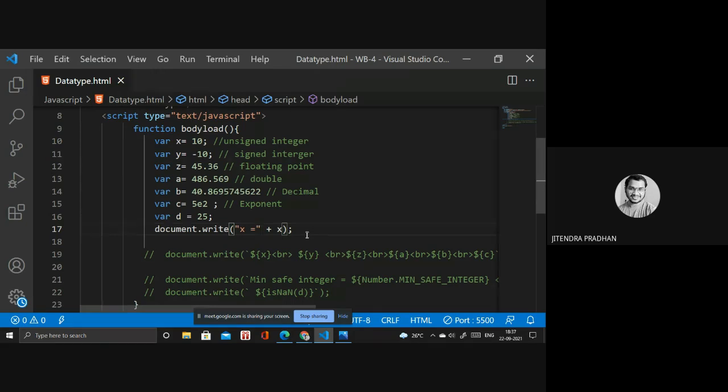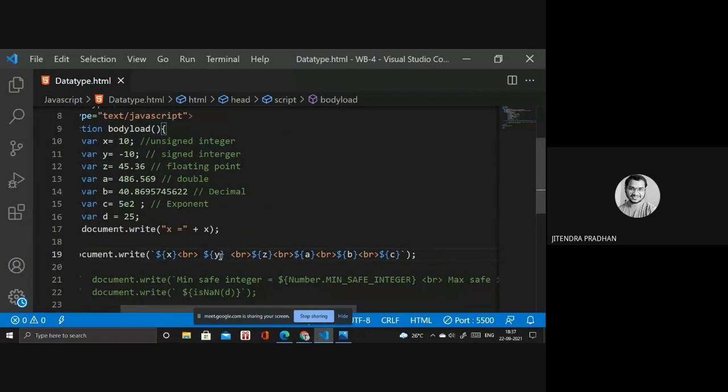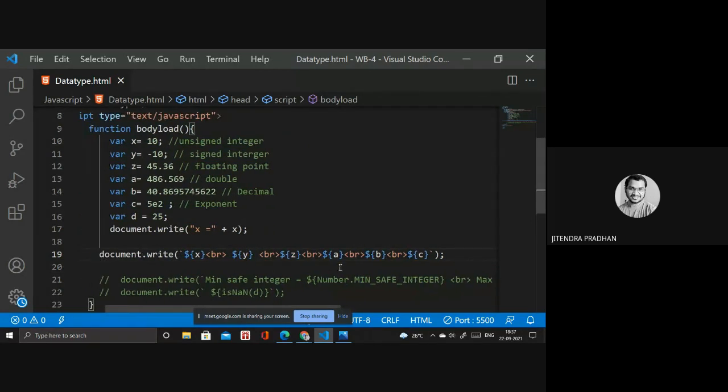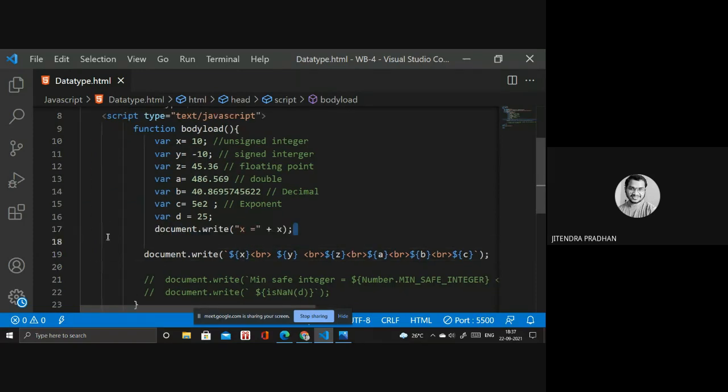Next we have to discuss backtick. What is the difference between backtick, double quotation, and single quotation? We have to discuss that. Observe that one in the backtick. If I want to access the value, I need to write document.write, and inside I need to write like